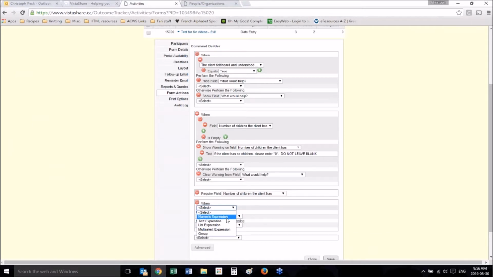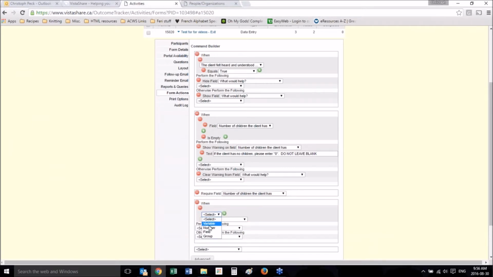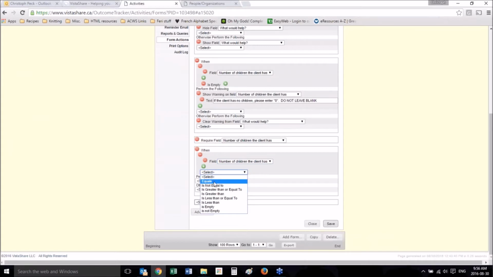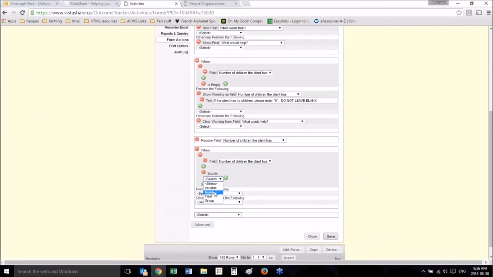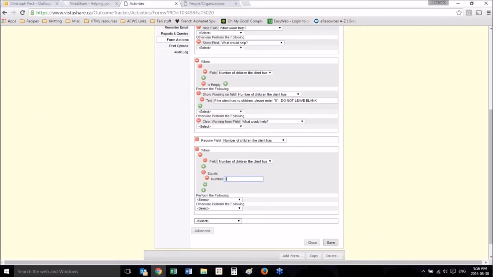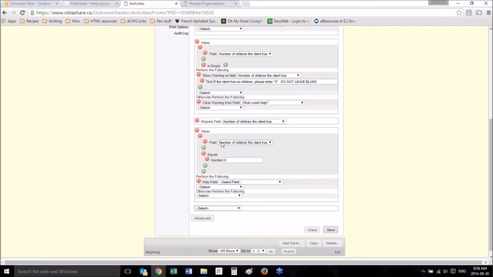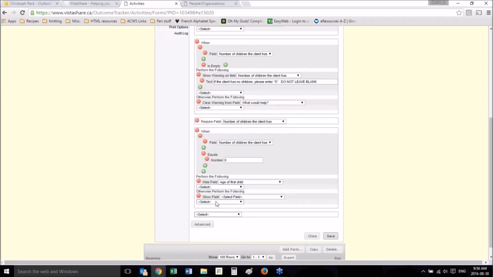So when the numeric expression in the field number of children the client has equals the number 0, we want to hide a field. And that field is age of first child. Otherwise, show a field,